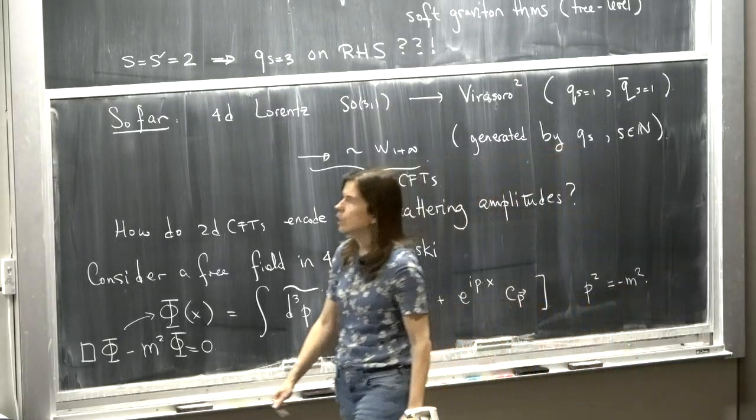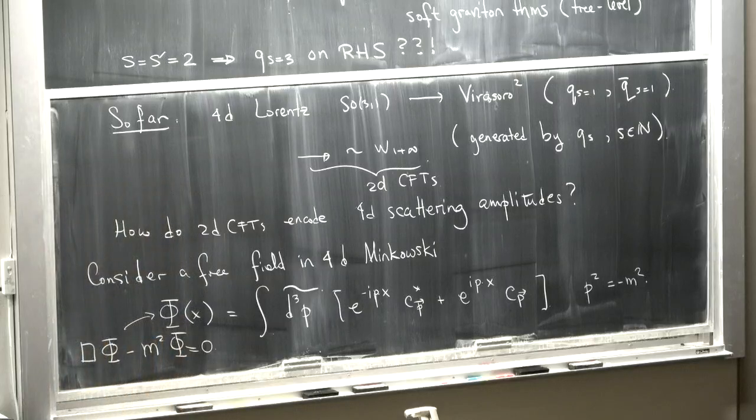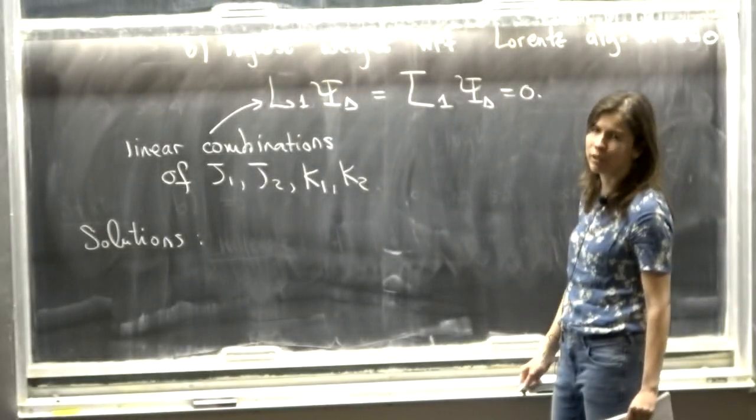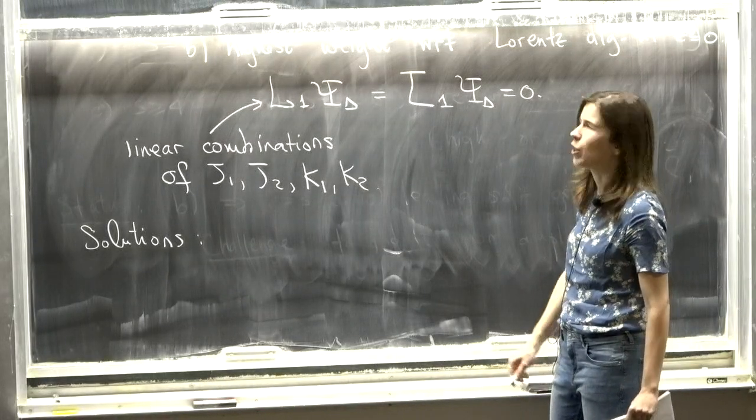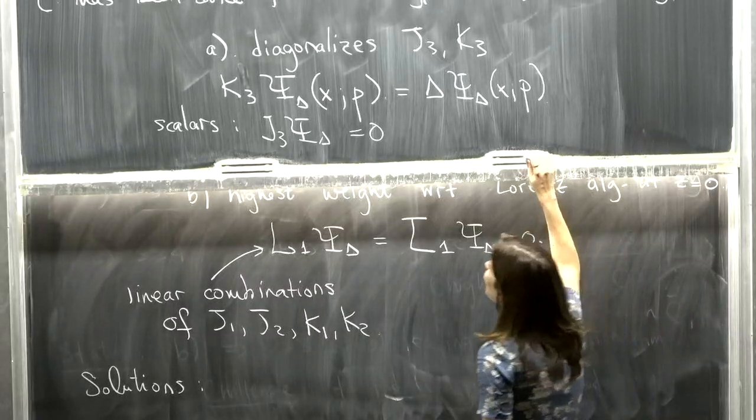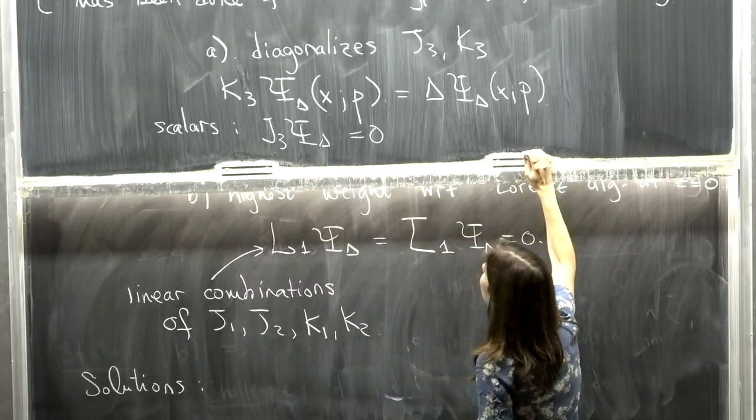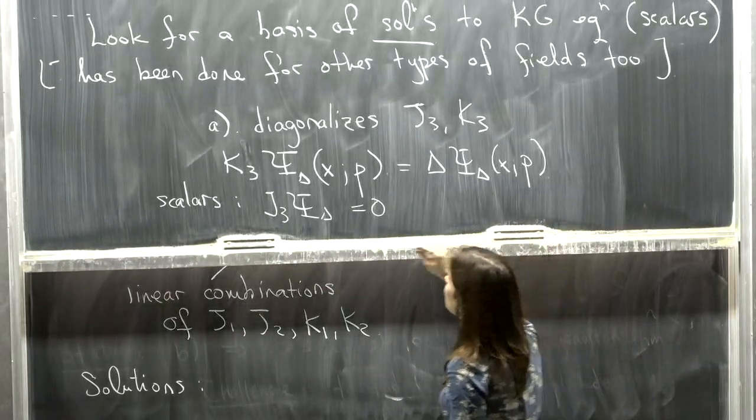That's what delta would do, right? I see. You are asking, it seems like I have more degrees of freedom than I originally started with. Great. So to fix that,